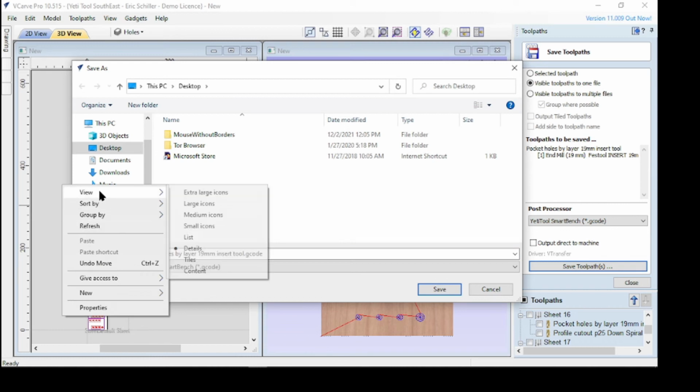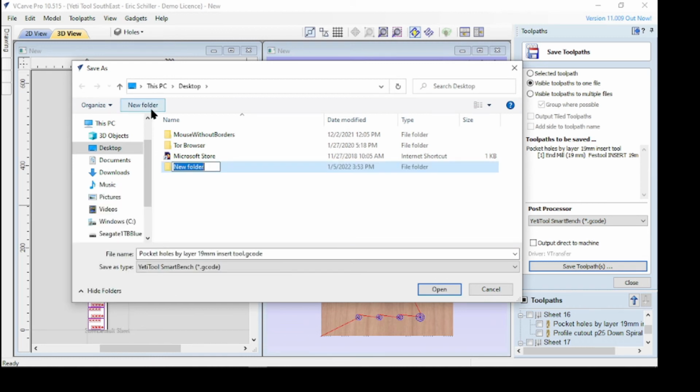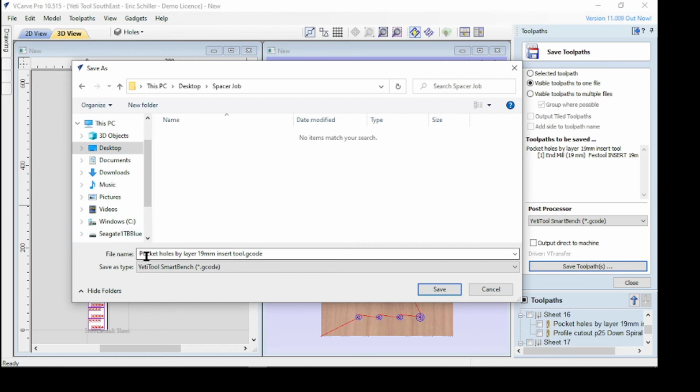I'll create a little folder. I'll create a new folder just to put it here, and I'll call this spacer job. And I'm going to go to the front. I'm going to say sheet